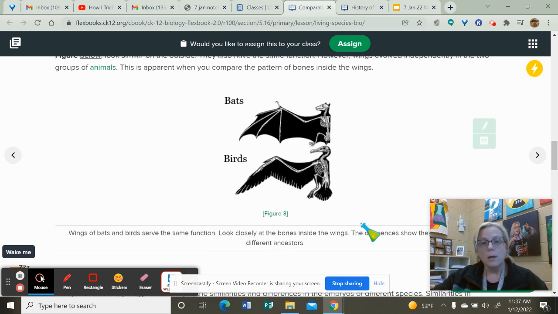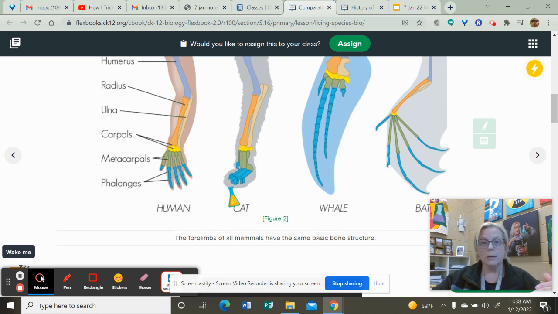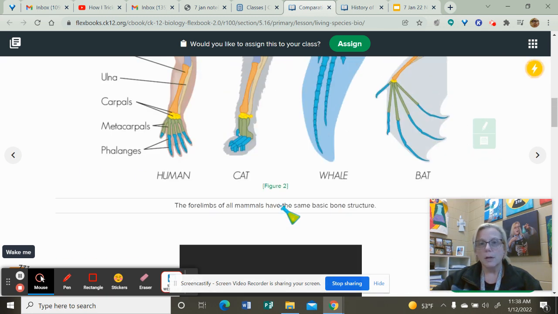So notice that when it comes to analogous structures, both bats and birds, they do have wings and their function is to fly, but they do not have the same pattern of bones here that would suggest that it was brought down through generations. Okay, I know that may be a little bit difficult to understand what the difference is, but notice that if we are comparing homologous structures, a lot of times you're going